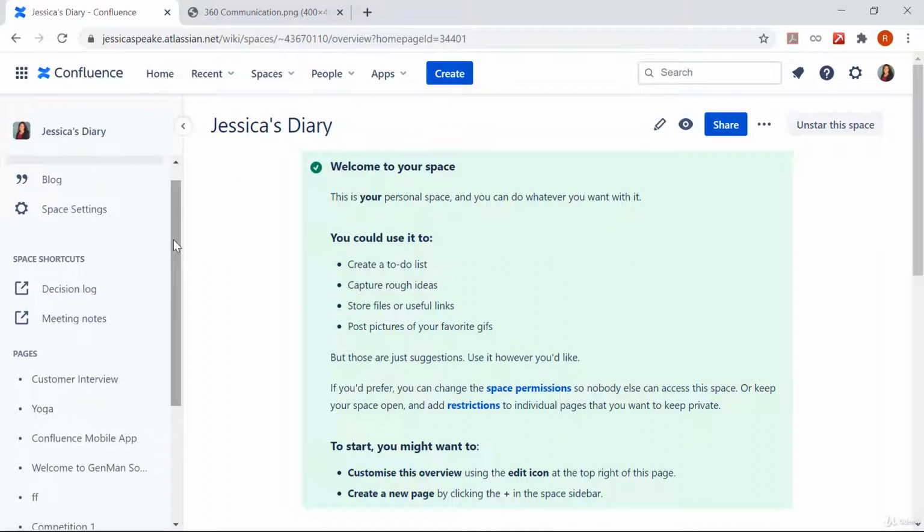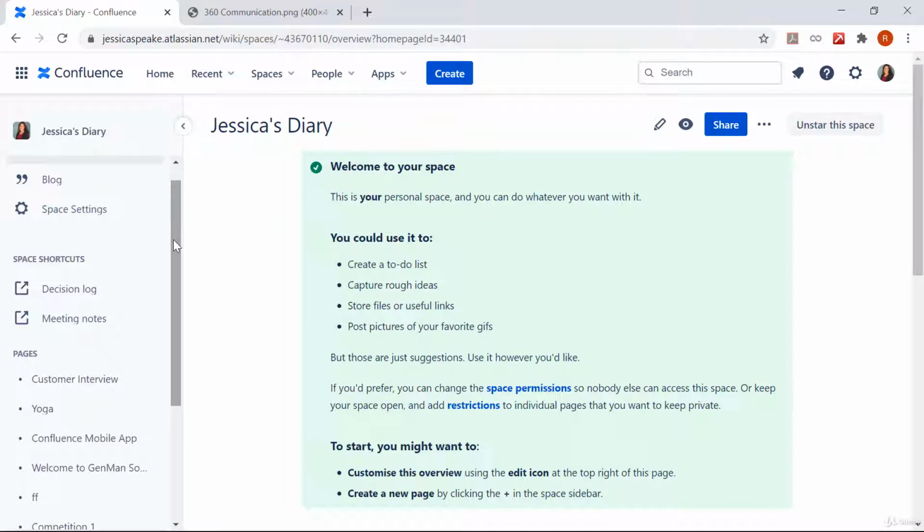So before we do that, let me just tell you that blueprints are made up of templates that can often be customized for an individual space or even for the whole site. So this means that you can adapt the content of the blueprint pages to suit your specific needs and update it accordingly. If you have the space administrator permission, you can customize blueprint templates for the space you are an administrator of. And in case you want to customize the blueprint templates for a whole site, you need to be a Confluence administrator for that site.